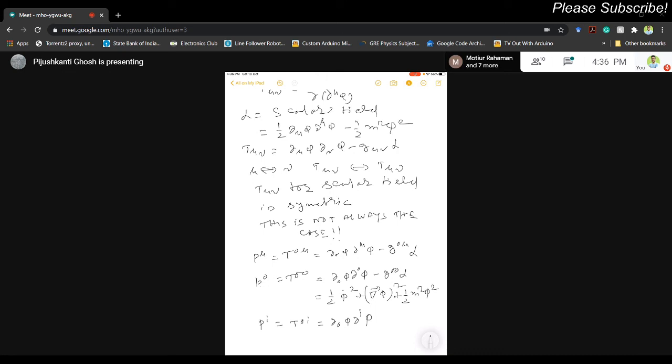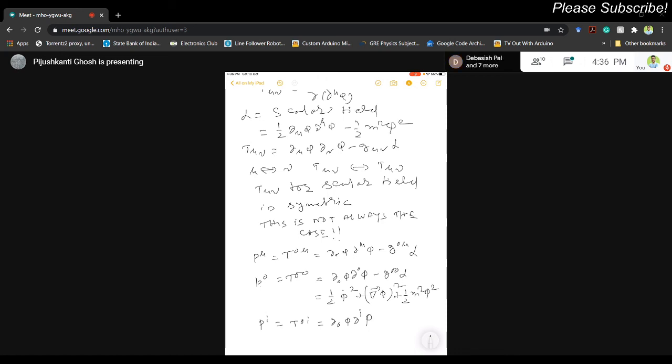Okay, now we wrote down an expression for the energy momentum tensor. I told you that the energy momentum tensor is not necessarily symmetric, but under certain conditions we demand that T mu nu be symmetric. What is that condition? If you are coupling the theory to gravity, the gravity equation is G mu nu equal to T mu nu, where T mu nu is the energy momentum tensor. You know the Einstein tensor G mu nu is symmetric with respect to mu nu, and if the left hand side is symmetric, the right hand side must be symmetric. This is condition number one.